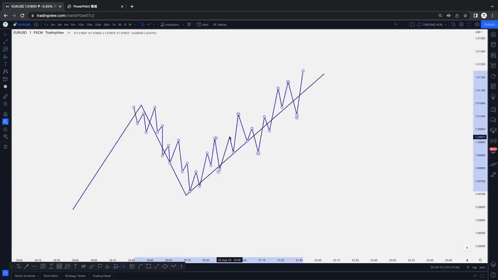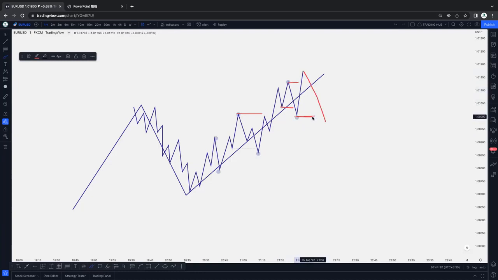I'm sorry, here, and it took out this low, and after taking out this low, this minor inducement is responsible for this move here. But actually the market needs the actual inducement, and then the market takes out the major low, which is here. Okay, so this is our internal structure, and these things happen most of the time in indexes only.